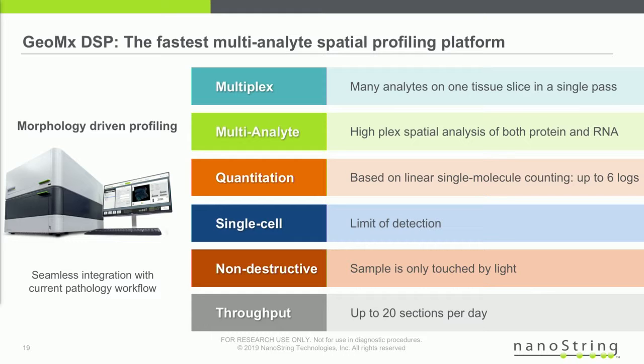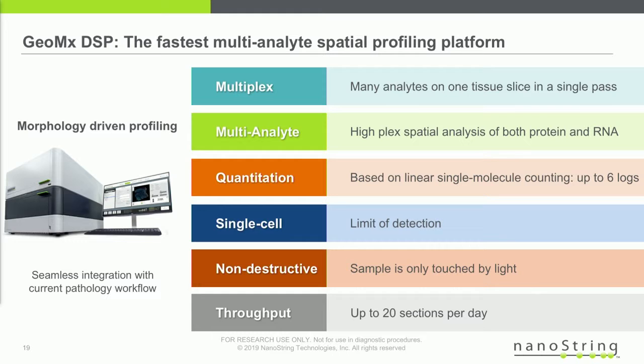The limit of detection for protein goes right down to the single cell limit. The hardware actually works to about 1/10 of a small T cell. 1 square micron is the spatial resolution of the hardware. It's non-destructive, so the sample is only touched by light. So when I'm done, I can pull it out, store it wet, and then you can come back and